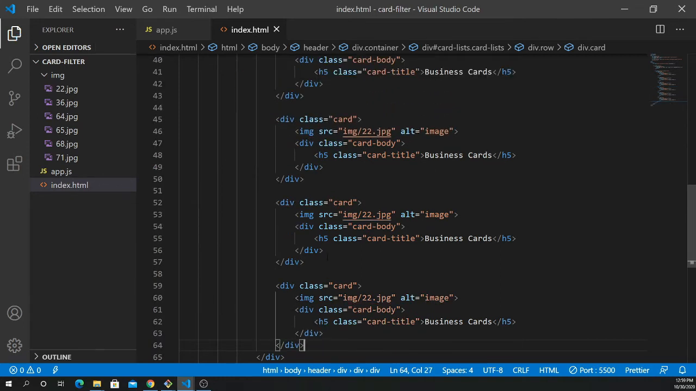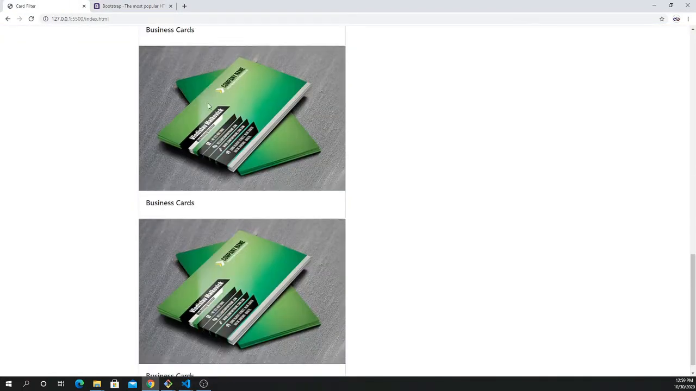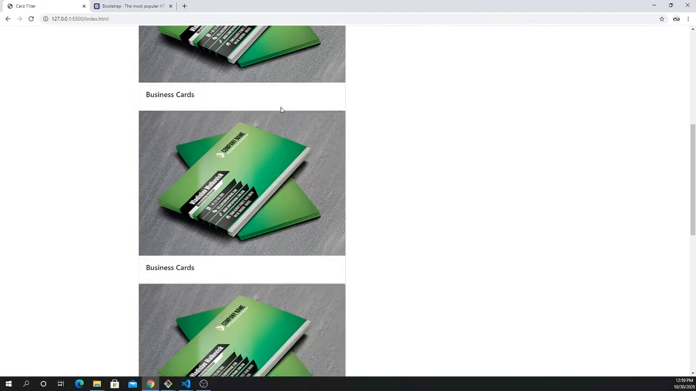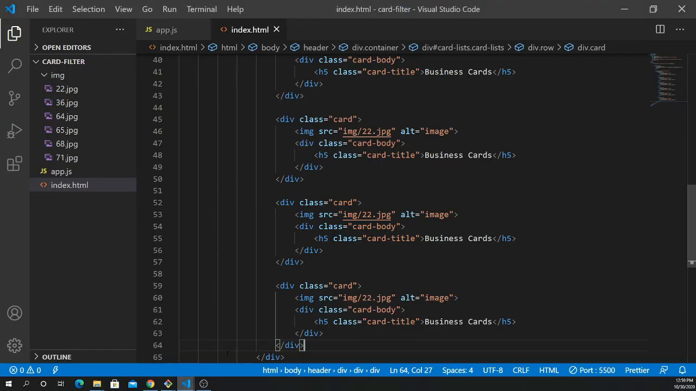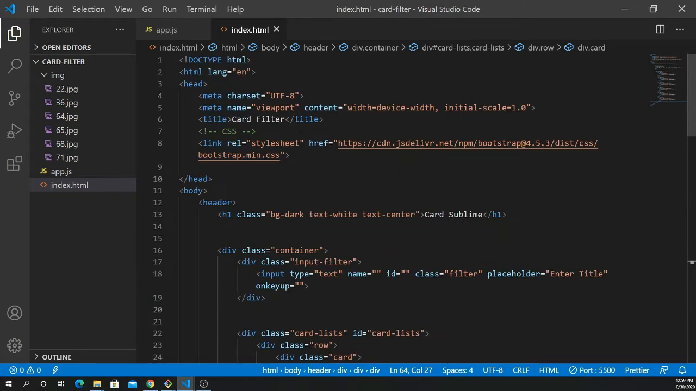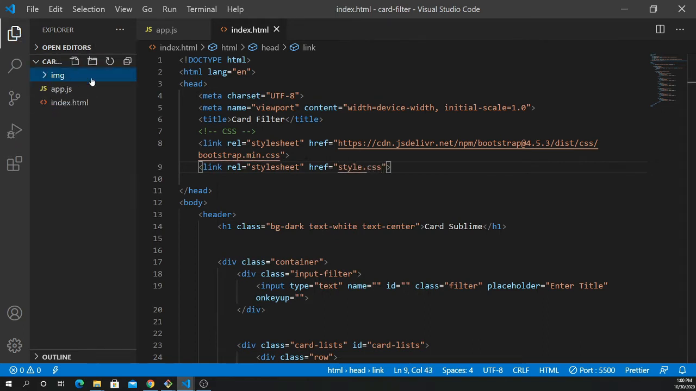So I created that, and now if I refresh it, you see we have our 6 cards, but this doesn't look good. So in order to make it aligned, all I'm going to do here is create a style.css. We have to create a separate style.css file inside our root directory, so I need to create a file with the name of style.css, and inside that what I'm going to do here is